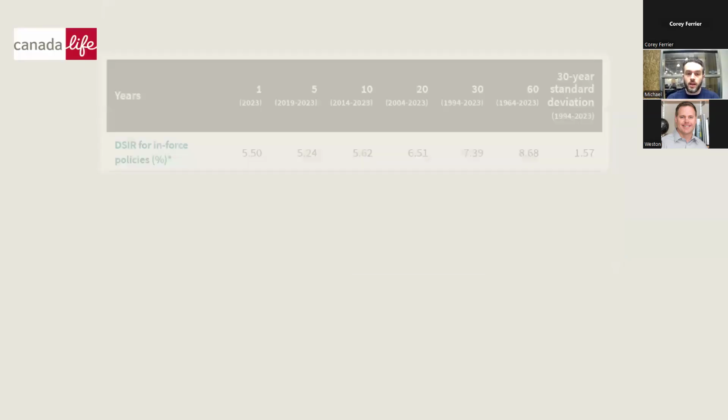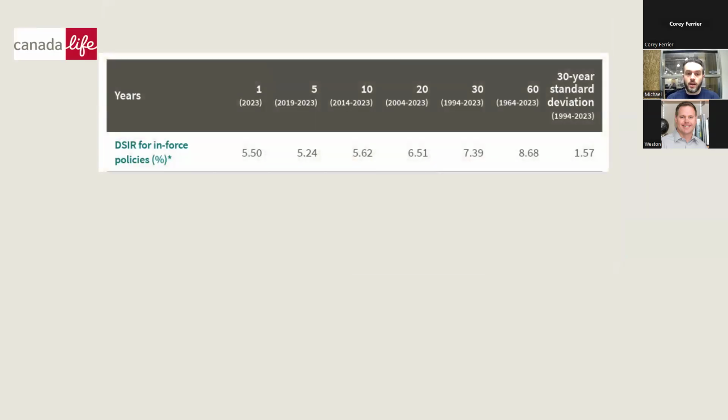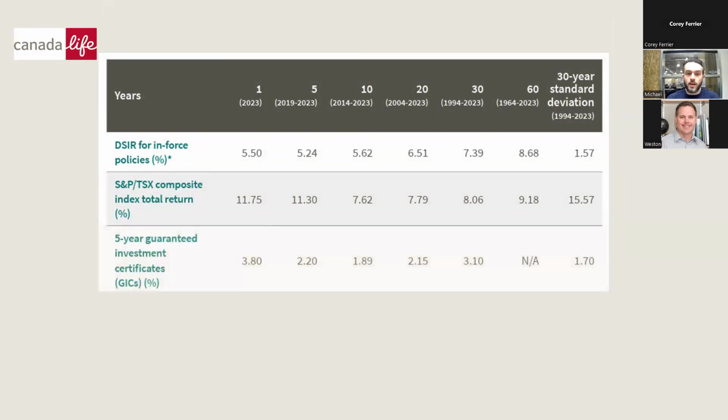Canada Life, so Sun Life. So Canada Life, similar thing, 1, 5, 10, 20 year, etc. Comparing the standard deviation, it's going to be very similar amongst insurance companies. So at least as far as I'm aware, there's not one insurance company that has double the numbers or anything like that compared to the rest.